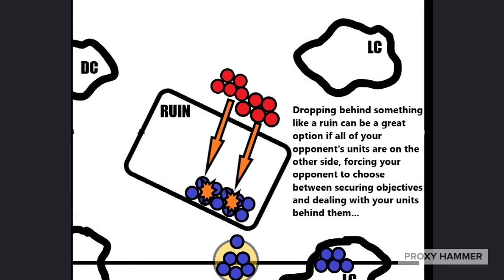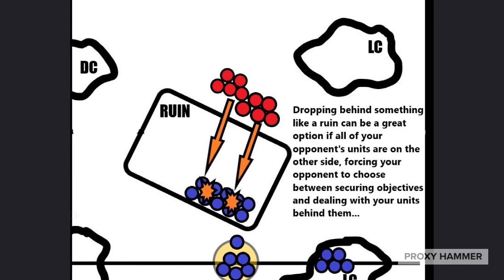But if you're able to do this, it's really awesome because your opponent can't retaliate against you. So you can set up something like this where you're deep striking in his backlines, or her, I guess,